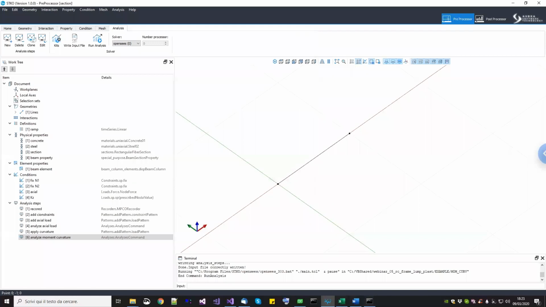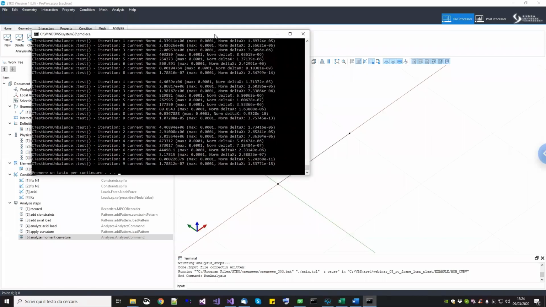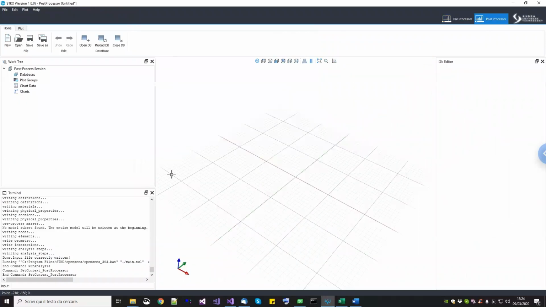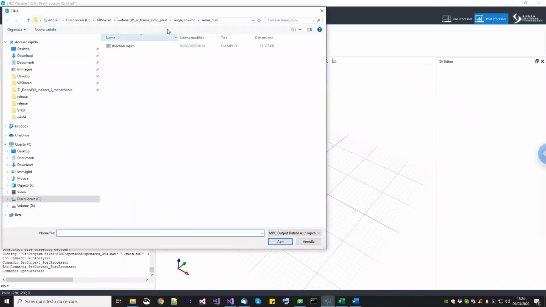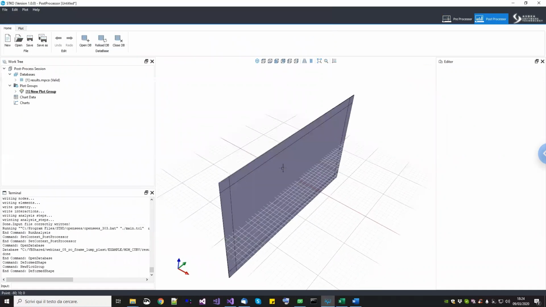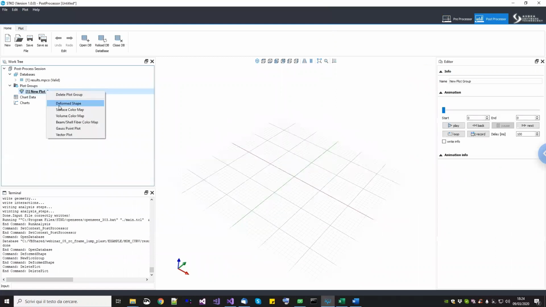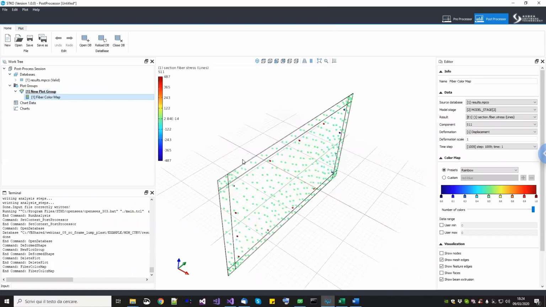Okay, the analysis is finished. Let me just show you the output, and then we will go soon to the Excel file to do the computation. So let me open this file, moment curvature. Okay, so this is our section. If you want, you can see the fibers just to see what's going on